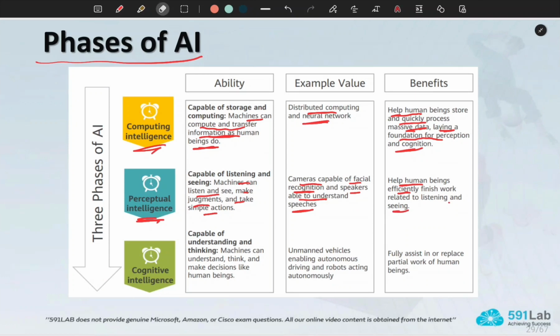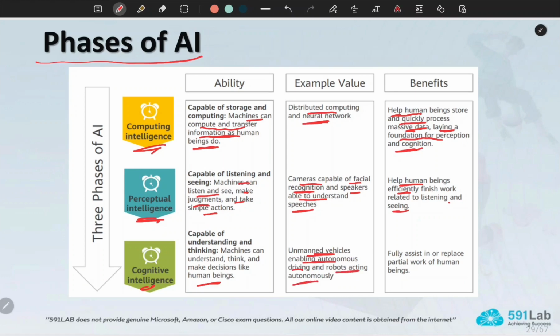The third and most advanced stage is cognitive intelligence. In this stage, machines can understand, think, and make decisions like human beings. An example of this stage is unmanned vehicles enabling autonomous driving and robots acting autonomously.